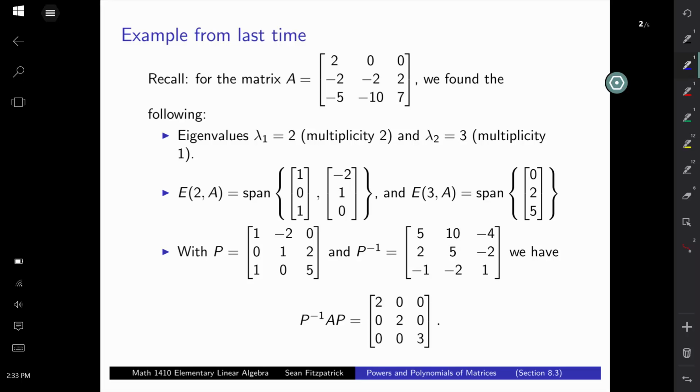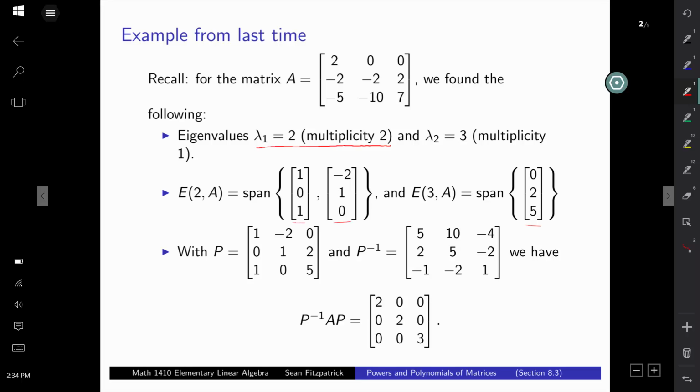Okay. So in the last video we had this matrix A, and we found that there were two eigenvalues. We said the lambda equals 2 eigenvalue was repeated. It showed up twice. Lambda equals 3, that eigenvalue showed up only once. So with a bit of work you can compute the eigenvectors for these eigenvalues. There they are. Okay, so I have this vector and this vector for the first eigenvalue, this guy for